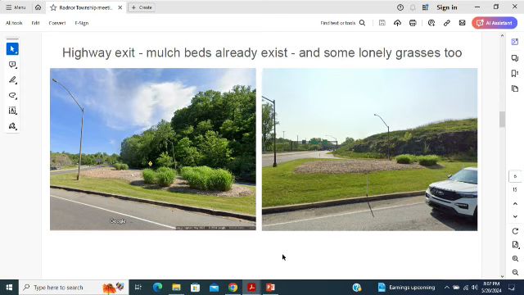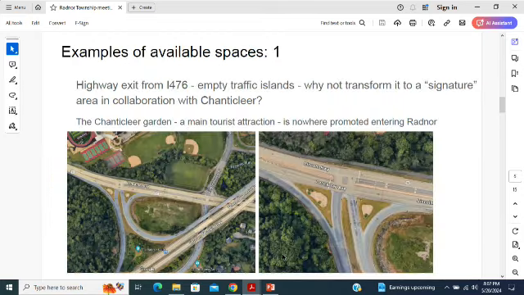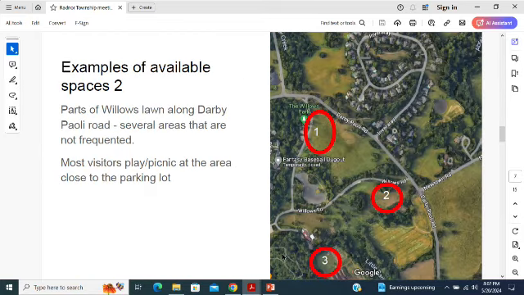But the good news is, of course, that's not the only open space that the township has. In the other direction, you have others. Examples are open spaces. This is the Willows Park. Just when you come in, you have, for example, this big lawn. Then you have the one when you exit on the right side, which is also little frequented. I'm there every day, so it's not really used. And then you have the one that is above the community garden next to the mansion that we also discussed tonight. And if you look at the other two lawns on the opposite side of Darby-Paoli Road, there's just a lawn to meadow conversion project underway, which I noticed.